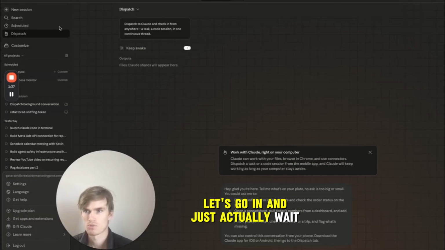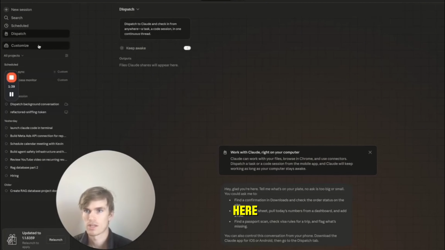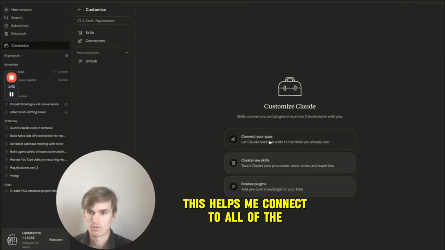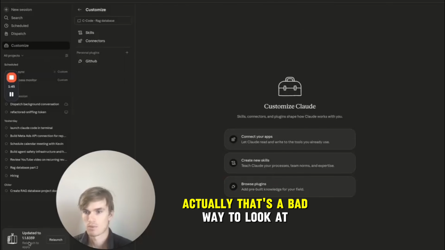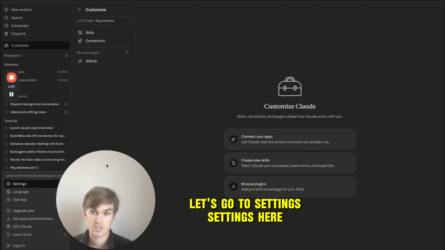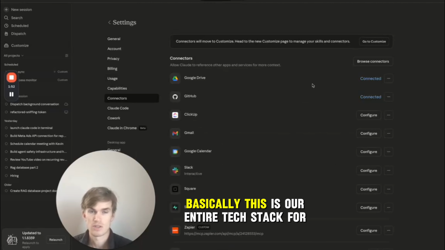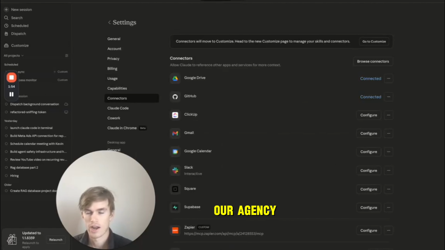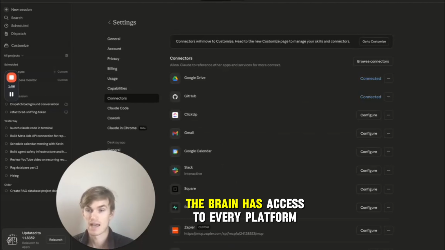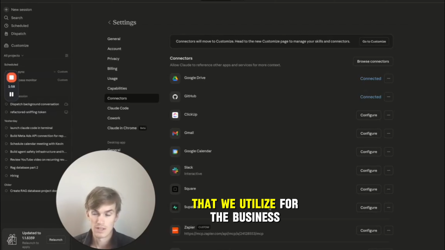We can go in and look at them right here, and basically this helps me connect to all of the apps that I'm using. Actually, that's a bad way to look at it. Let's go to settings here. If we go into the connectors that I have access to, basically this is our entire tech stack for our agency. So basically the brain has access to every platform that we utilize for the business,